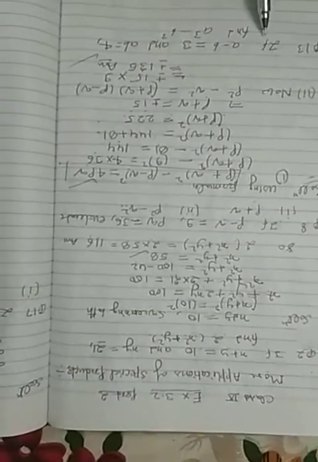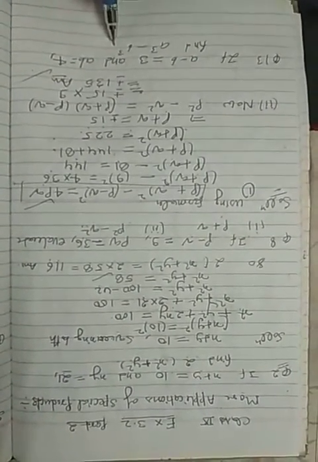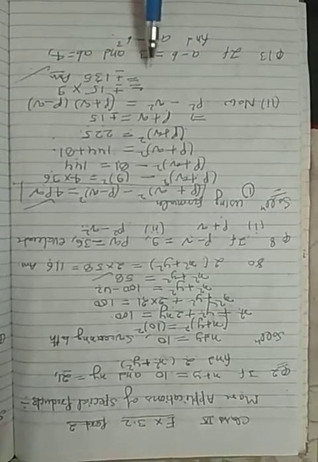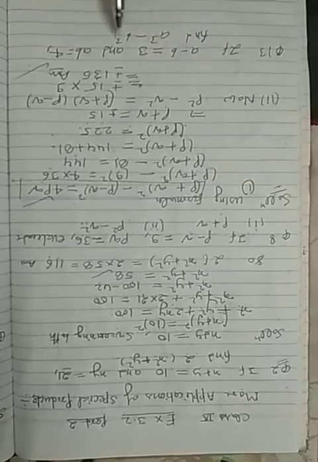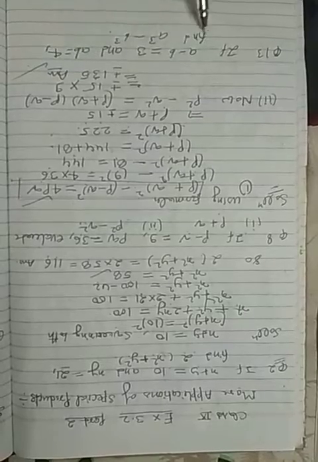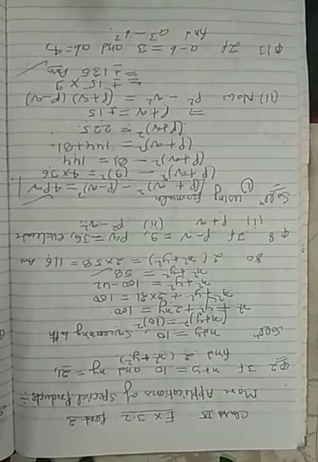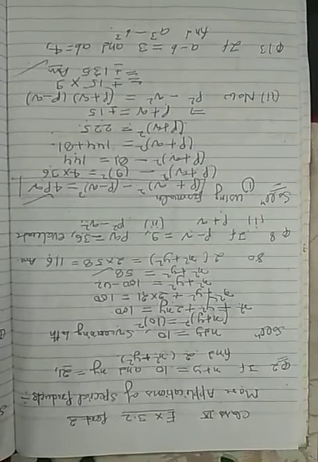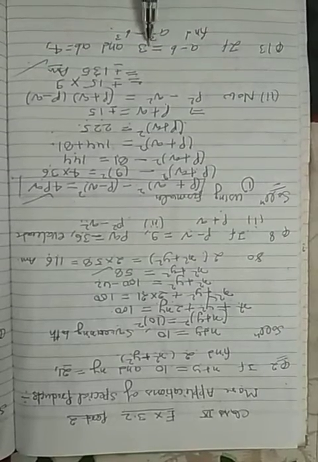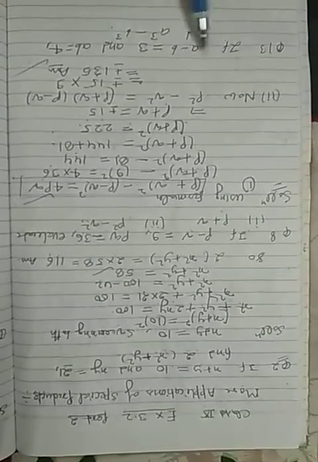Next one, you see: if a minus b equal to 3 and a into b equal to 4, find the value of a cube minus b cube. If the difference of two numbers is given and we are required to find the cube of their difference or sum of cubes, then in that case we cube both sides. If the sum of two numbers is given and we are required to find their square, then we square both sides. And the product of the two numbers is also given. So in this type of question, we see the difference of two numbers a minus b is given and the product of the two numbers is given. So we simply